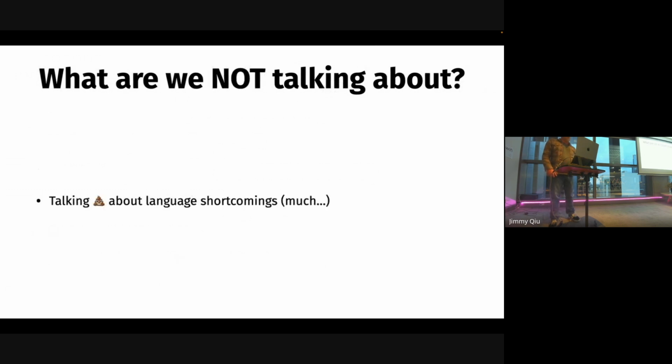All right, so what we're not talking about is dumping crap on each language and how bad they are in different ways. Because Go is a language that's got diverse error handling. It's deliberately a very simple and streamlined standard library. Elixir will make you handsome and tall and awesome, but we're not going to dwell on that.